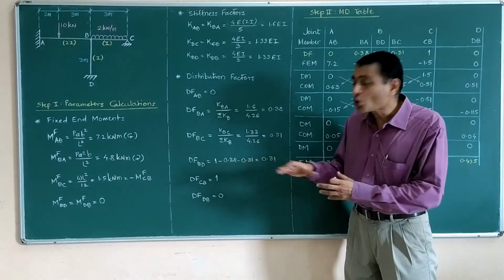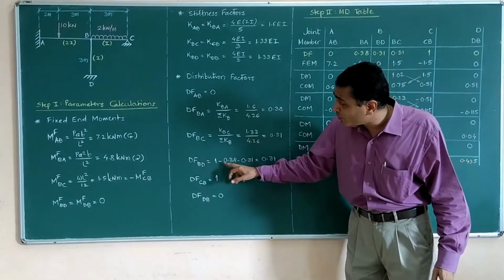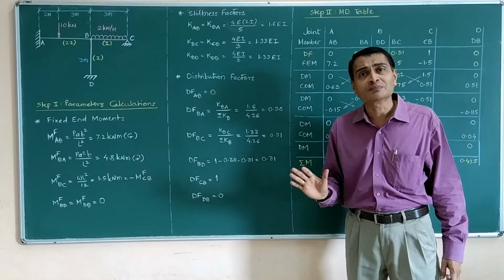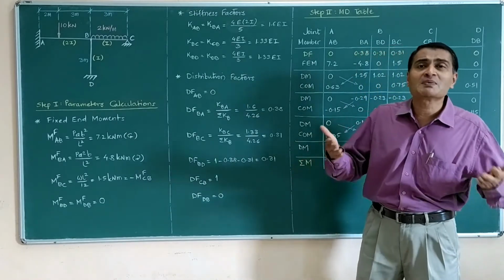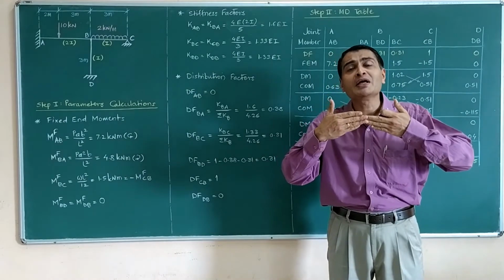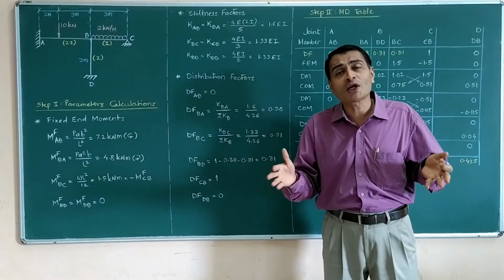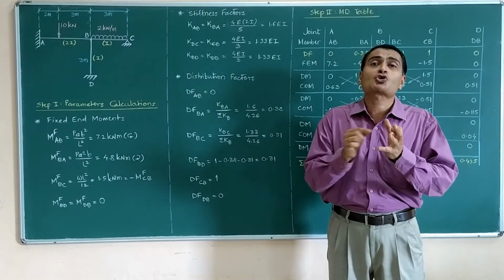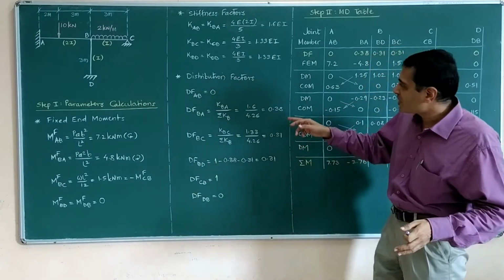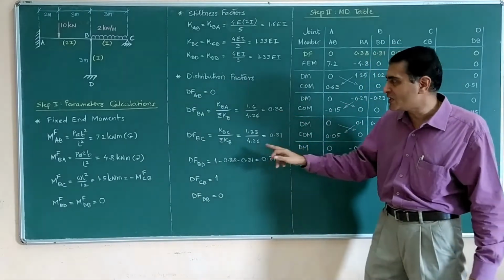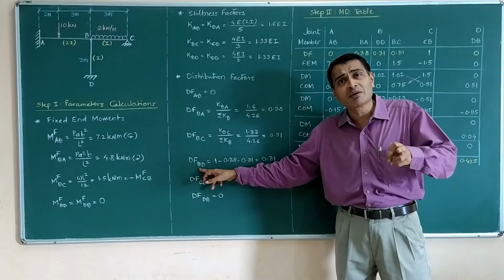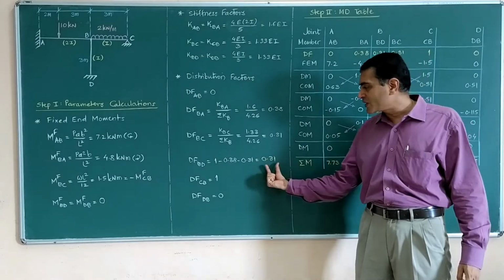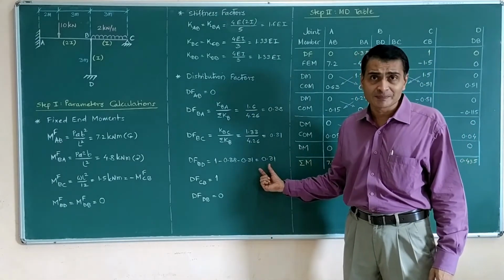Either you do it like this or you express K of BD upon sigma K at B, you will end up getting just the same answer. So remember, in continuous beams we have 2 members meeting at a joint. In frames, if we have a T joint, we have 3 members meeting at a joint. Sum of distribution factors of those 3 should be 1. So once I know BA and BC, for BD, the only remaining member, I just calculate 1 minus this, and that is turning out to be 0.31.